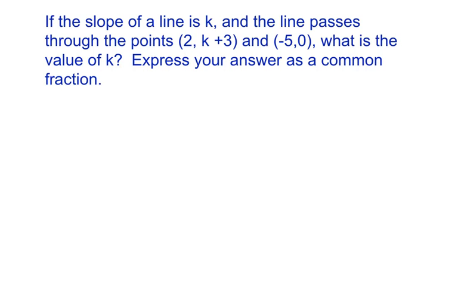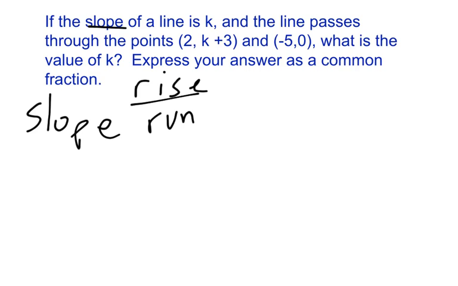All right, if the slope of a line is k, and the line passes through the points (2, k + 3) and (-5, 0), what is k? Well, what is slope is the first question. Slope is rise over run,